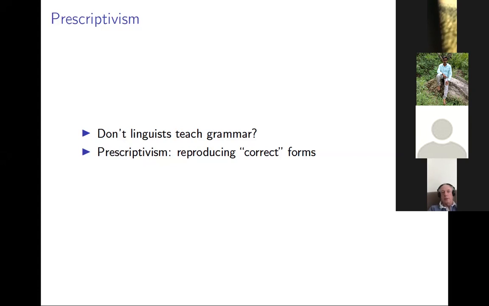So when I tell people that I'm a linguist, then they ask me, hey, you're a linguist, aren't you supposed to know, is this grammatical? So grammaticality is not a monopoly. Linguists don't have a monopoly over grammaticality. So every individual, every native speaker of a language has grammaticality judgments. So which forms are grammatical in your language and which forms aren't. And there is no such